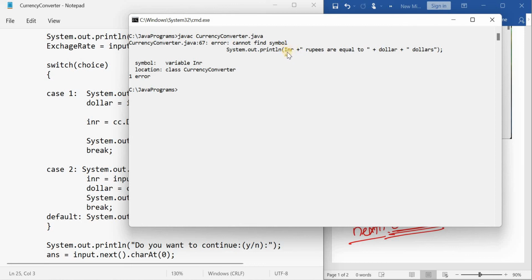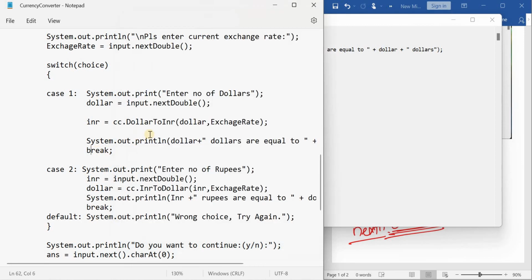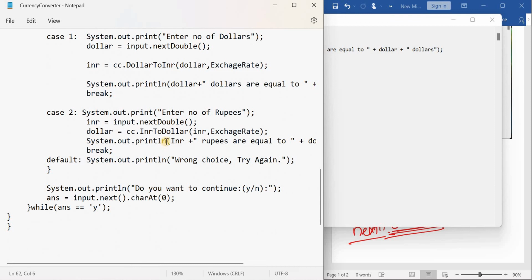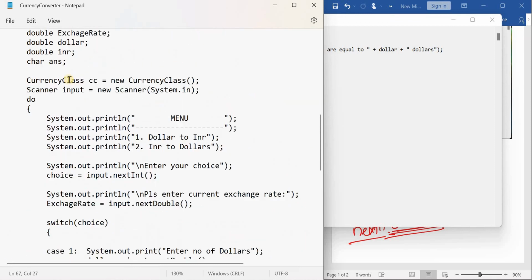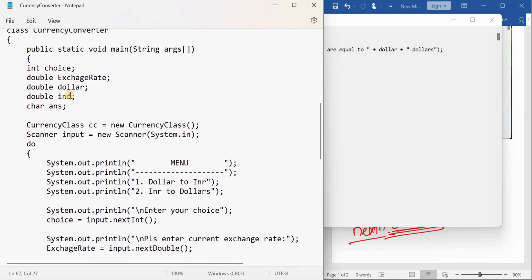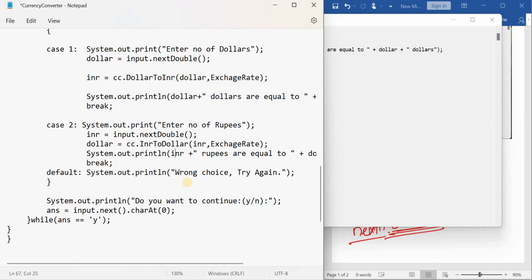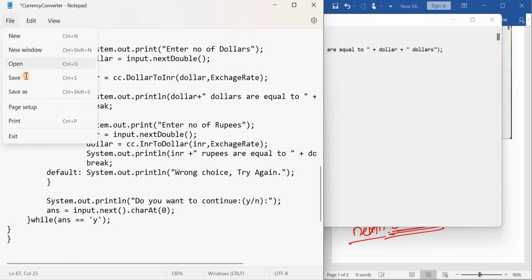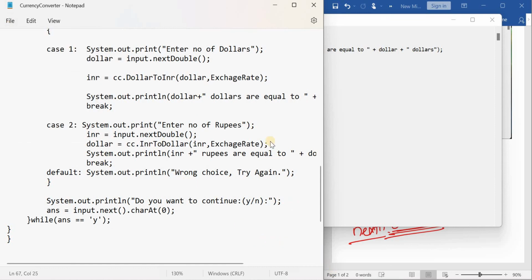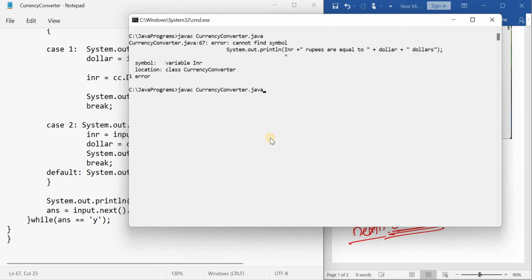Cannot find symbol INR. Here we have used INR, but the variable was declared as small letters, inr. So correct it, save it, and once again execute it.